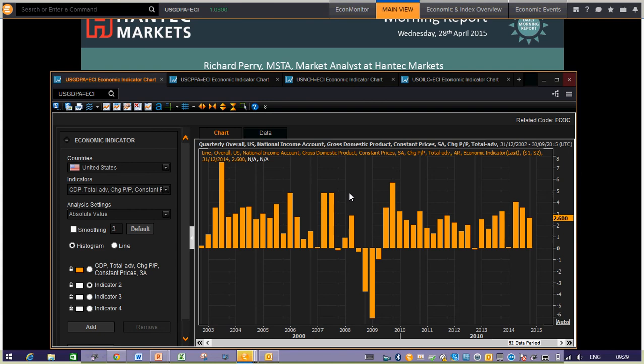Now this is a chart of the advanced GDP over the last few years. The advanced reading last month was 2.6, that ultimately got revised downwards to 2.2 in the final reading. But certainly what we're looking out for is 1%, a decline in the annualised growth in the States to 1% this quarter. So that wouldn't necessarily be too great going into the FOMC meeting, and I think that's probably one of the reasons why